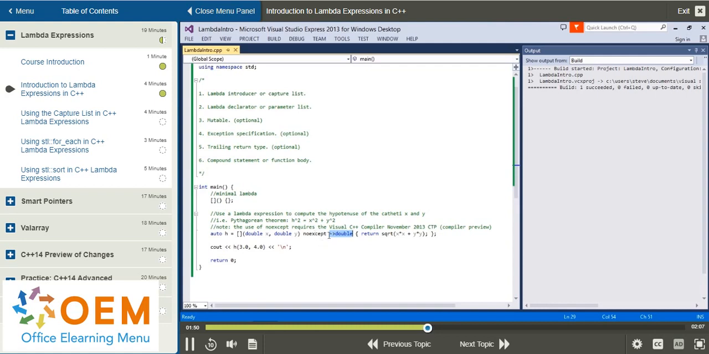Now, the return type double is optional. If it's not obvious to both the programmer and the compiler what the return type from the lambda should be, we should specify double. But in this case, it's fairly obvious. We know square root that